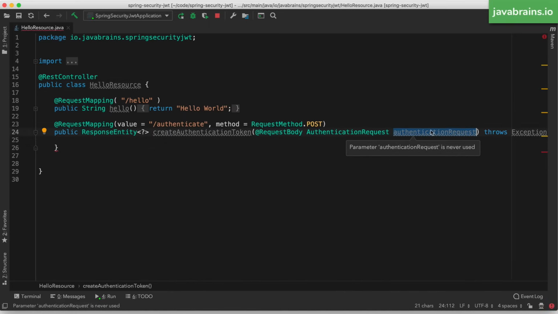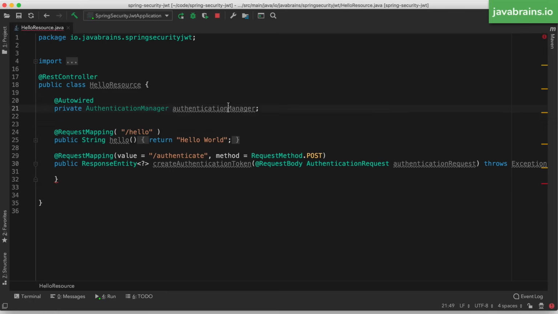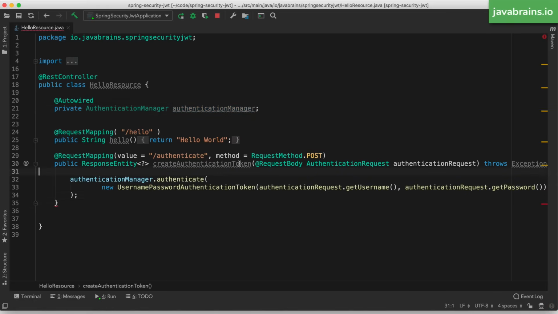Spring MVC is going to set this in my instance. Now I need to actually authenticate it. In order to authenticate, I need to get a handle to the authentication manager. So I'm going to create a member variable of AuthenticationManager, which is going to be auto-wired. I'm going to get the authentication manager instance auto-wired in, and then I'm going to use this authentication manager instance in order to authenticate a new